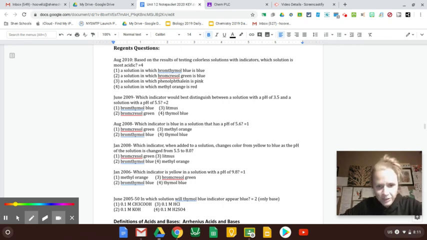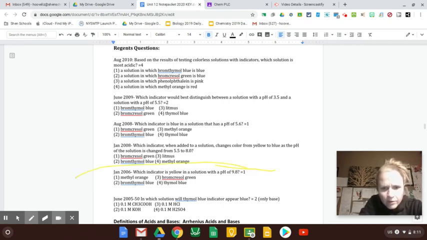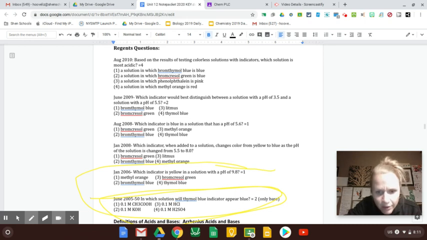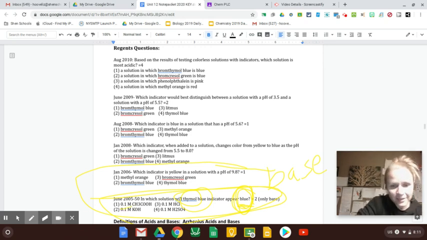Okay, one more example question before we go. Here it is. This is what I want. Which solution will thymol blue indicator turn blue? So if you went and looked it up, you'd see that blue for thymol blue means that it's a base. So instead of just saying it's the base, they give you some examples. So then you have to use your table K and table L skills of looking up which of